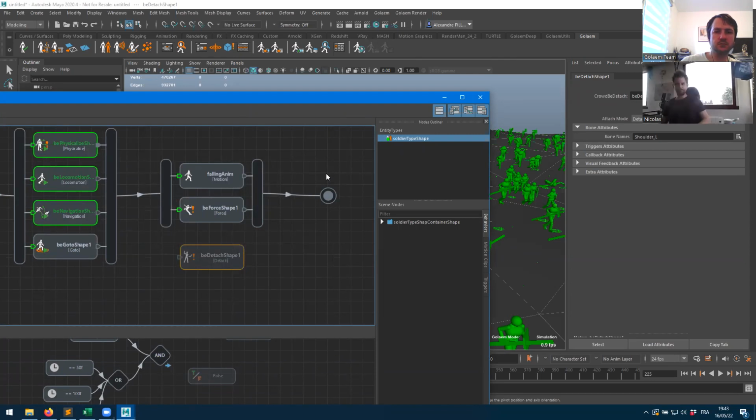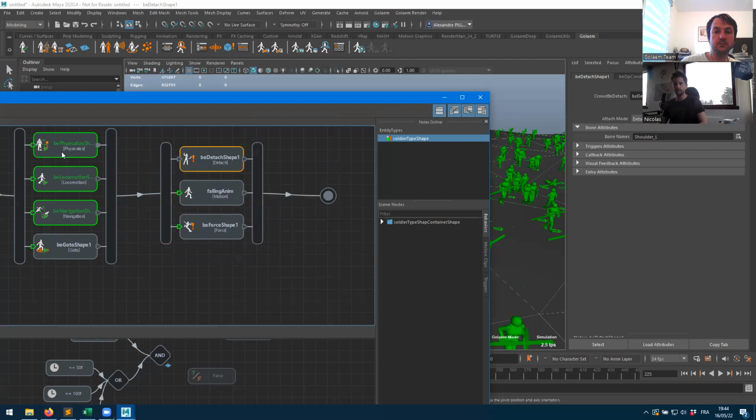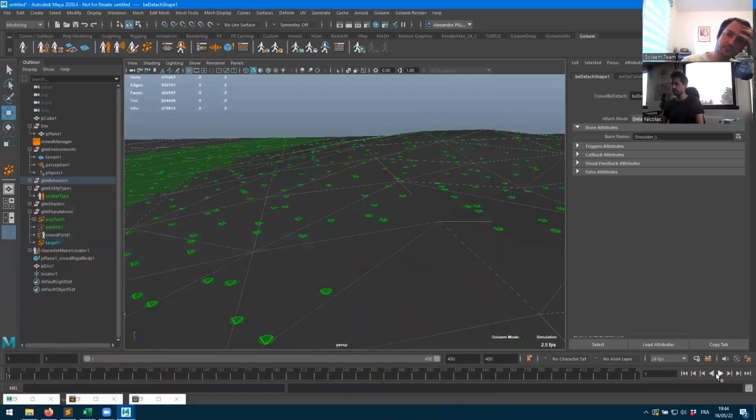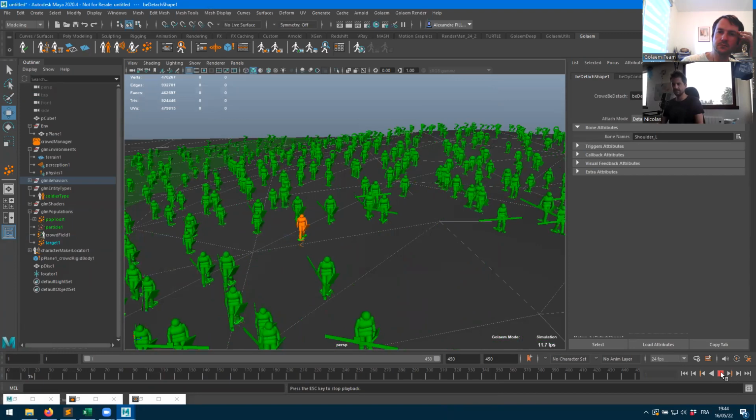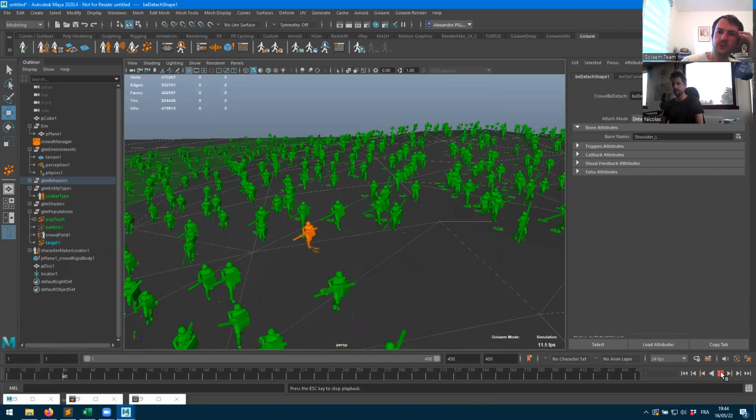Parallel again. Same. So I guess you mean parallel again. So that's a good answer. Indeed, parallel. So as soon as the physicalize stops, it will stop locomotion, navigation, go to, and then we want to apply a force. At the same time, we want to break the props, and we want to play a falling animation. So if I do this, and I stick with the physics shape view,